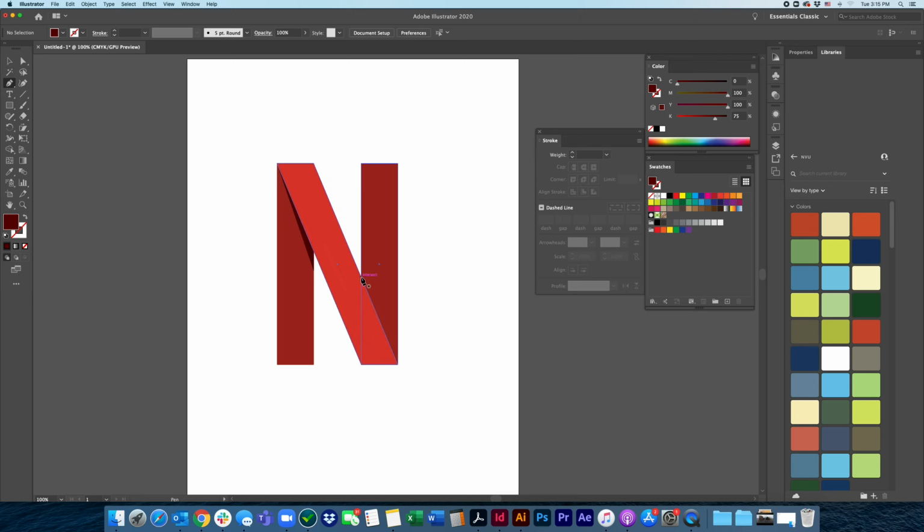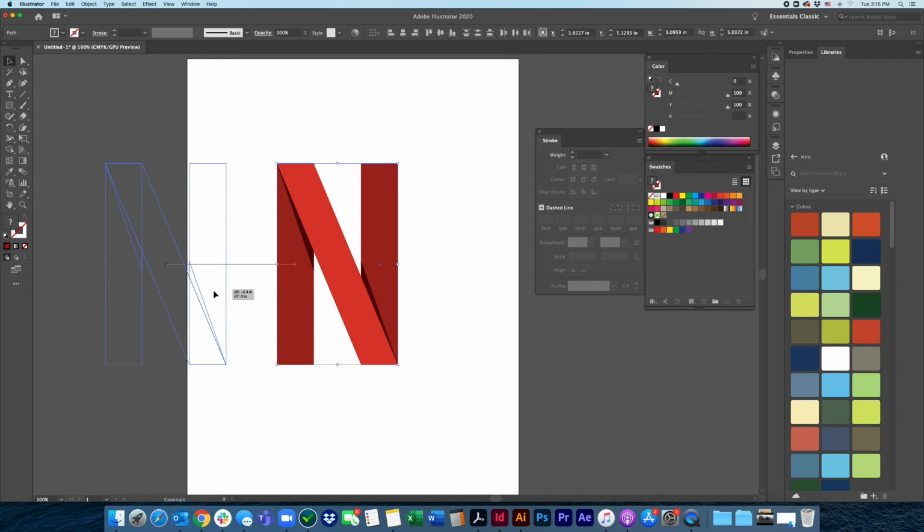Again, starting right there where those lines intersect, move up the ascender, then 1 point down in the very corner and reconnect for your third side. And boom, you have the N of the Netflix logo. It's that easy, folks. You can add a gradient here if you like, and why don't we just try that